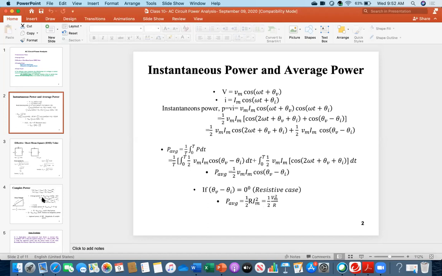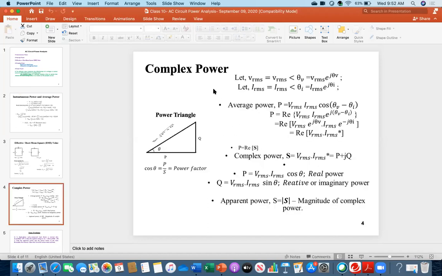So therefore, now go back to that complex part. What is the concept? Everybody see? Assume that Vrms, now I am using this symbol Vrms to make you understand, this is the effective value. Whatever it is, RMS has a phase angle, because you know AC is a phasor quantity. So I'm assuming that Vrms equals Vrms angle theta V, which you can express in that way, Vrms e to the power j theta V in exponential form. Similarly, I am assuming Irms is Irms angle theta I, equal to Irms e to the power j theta I.